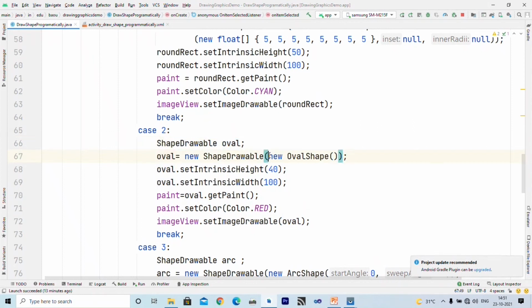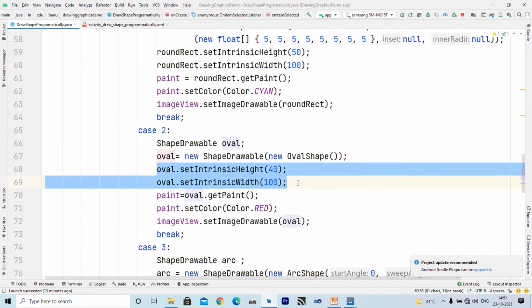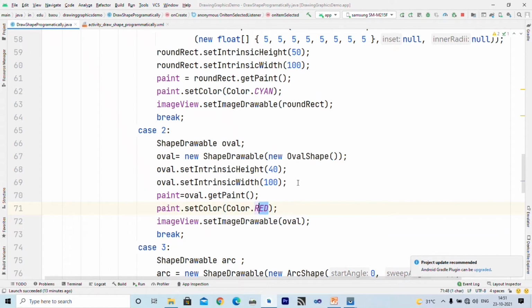Inside ShapeDrawable we create an instance of OvalShape. Now for the oval you just have to specify height and width, and accordingly it takes its radius. So just height and width is sufficient to draw an oval shape, and we draw it in red color, and finally we set that oval inside the ImageView using the setImageDrawable method. So this is how we can draw an oval.